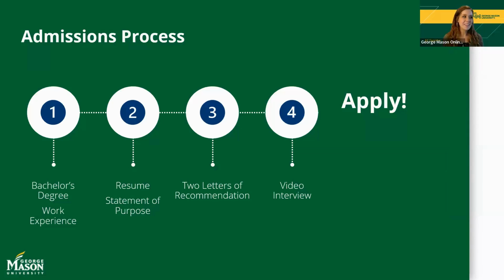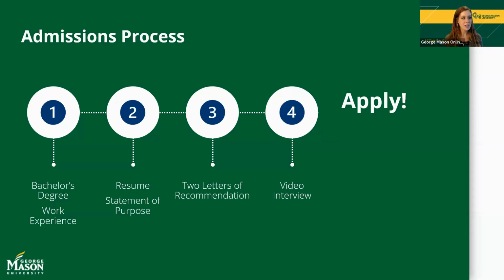Yeah, I was gonna say I'll take over this slide, and then of course feel free to jump in and add anything else that you have on your end that you're looking for with applications too. But the admissions process is pretty straightforward. Everything is going to be housed right on our application portal. And we'll provide that information toward the end so everyone has access to the application. But what we'll need is copies of your transcripts from your bachelor's degree. You have to have your bachelor's degree from a regionally accredited institution.